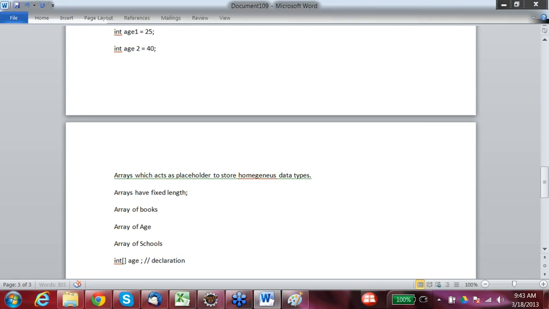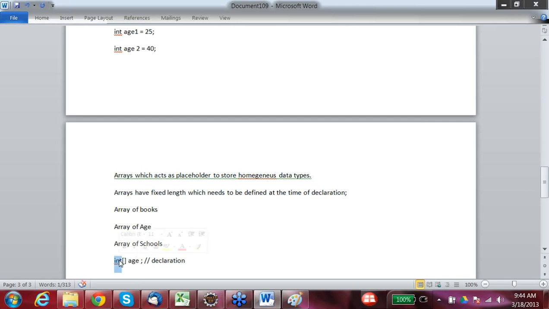Arrays have fixed length means it's not like I can store an array of books of unlimited length or a length which is not defined. Array has fixed length which needs to be defined at the time of declaration.